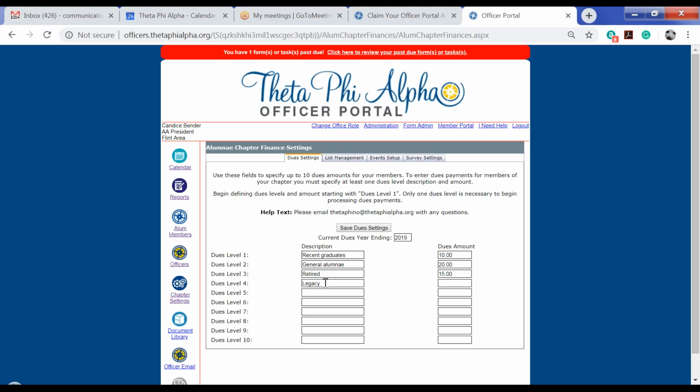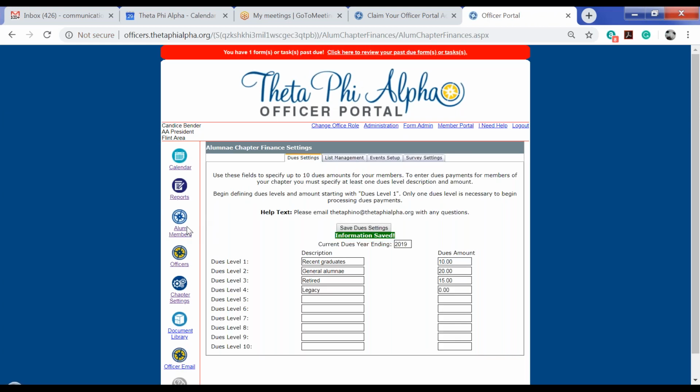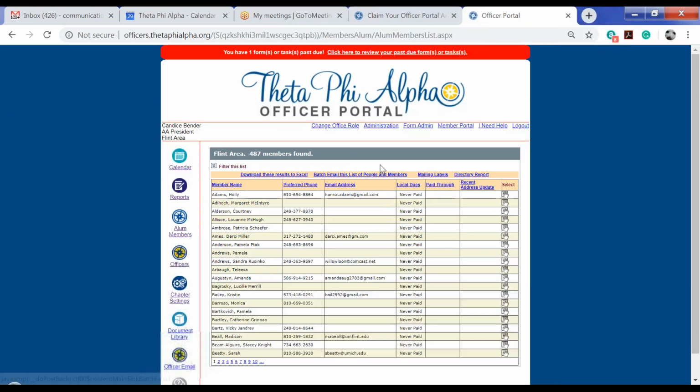Now I just roughly filled these in as a possible example. Every association is going to have different levels for dues, but these are just to show you an example that you can establish different dues levels, different amounts. You always want to designate the year that you're working with. You can even designate a level that's going to be $0. So you'll designate those different levels, you'll save the dues, and then you'll go back to your roster to begin pulling up names and adding in those dues payments to